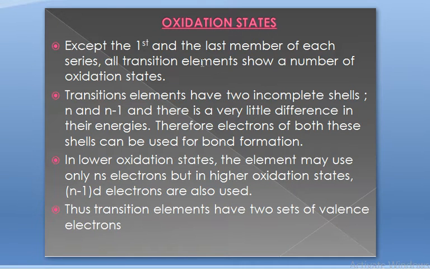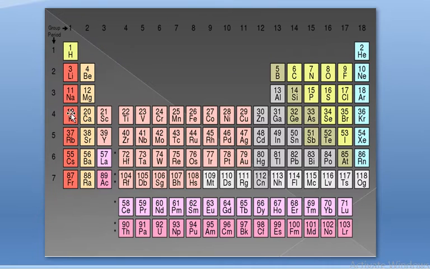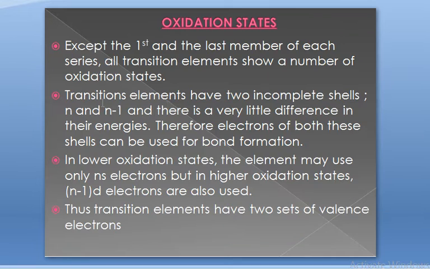Now today's property is oxidation states. One of the very important properties of transition elements is that they show variable oxidation states. Transition elements, unlike s block elements, do not show just one oxidation state. Sodium is present as +1, it's always monovalent positive, and calcium is always divalent positive in all its compounds. However, these transition elements show variable oxidation states.